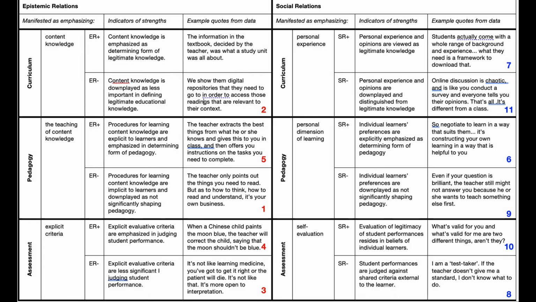So here is the translation device activity answer key. The numbered data samples are in red for epistemic relations and green, or blue actually, for social relations. Let's do a quick review of the study in order to make clear a very important distinction in this kind of research design. The study involved a very useful organising framework.